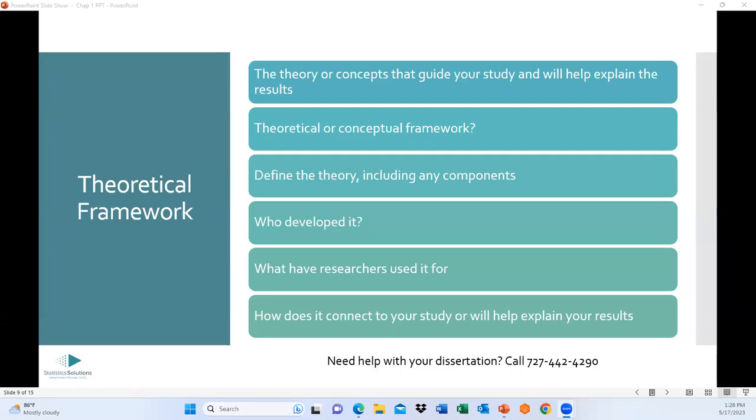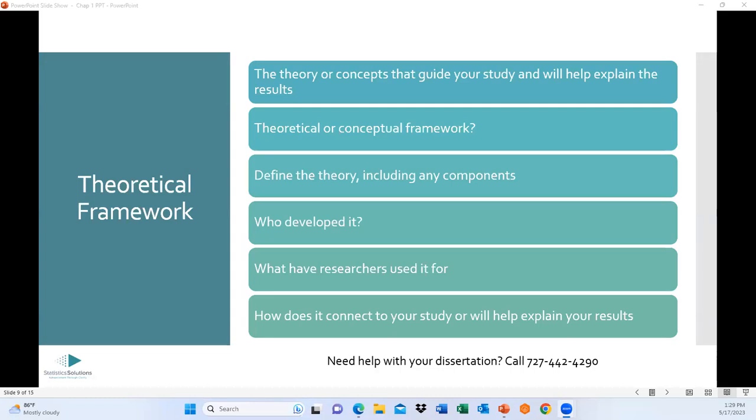Okay. So let's take an example. Let's just say we're conducting a study on transformational leadership and emotional intelligence. So what would our theoretical framework look like? Well, it shouldn't be a guessing game, right? Well, gosh, what theories do I use for this? Well, you're going to use the theory of transformational leadership, and you're going to use the theory of emotional intelligence, because that's what you're studying, right? And there are theories for those things. So that's what your framework is going to consist of, both of those theories, right?